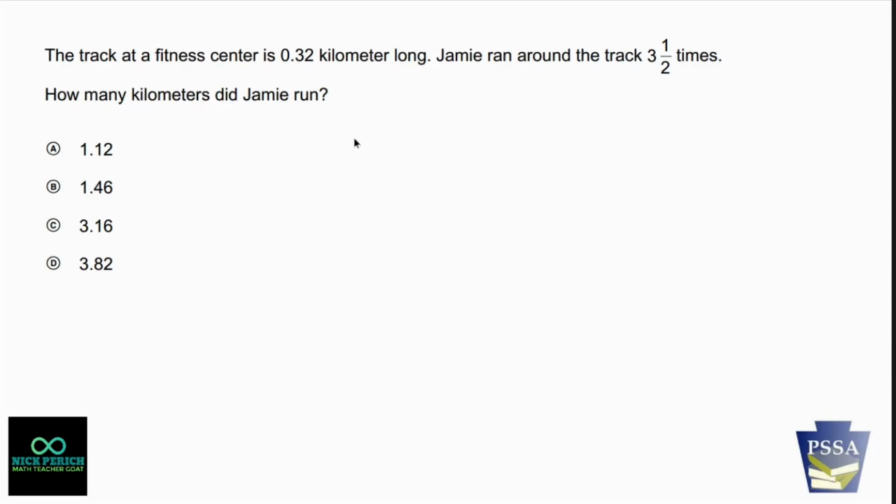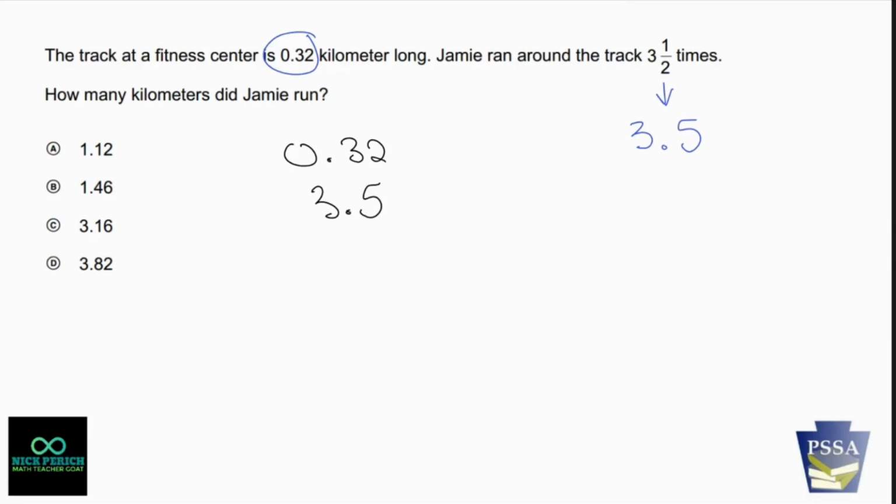Now, this may or may not be a calculator section, but I'm not going to use a calculator. I'm going to do this the old-fashioned way. They want the answer as a decimal. So I'm going to keep you as a decimal and turn you into a decimal and multiply these guys together. 3.5 is 3.5. So I'm going to multiply 0.32 times